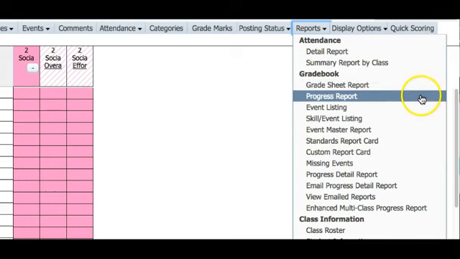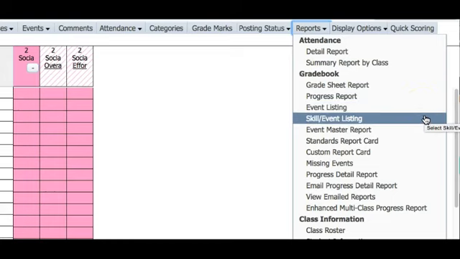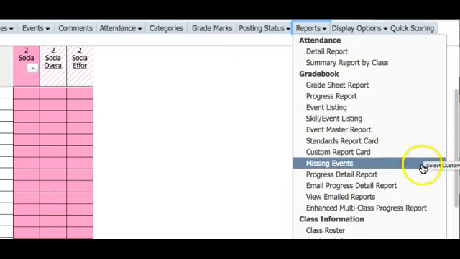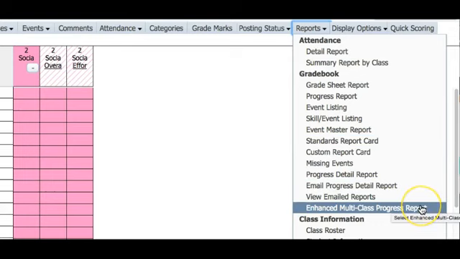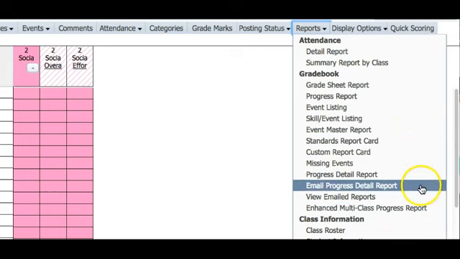Grade sheet report, a progress report, if you just want to see what you called the events, the skills and events together. You can print off now your standards report card from this screen. There's a progress detail, enhanced multi-class progress report. There's a lot of things that are available here. So it's really a teacher choice of what you're looking for, the data that you want to view or print. You have several different options here. Many of them